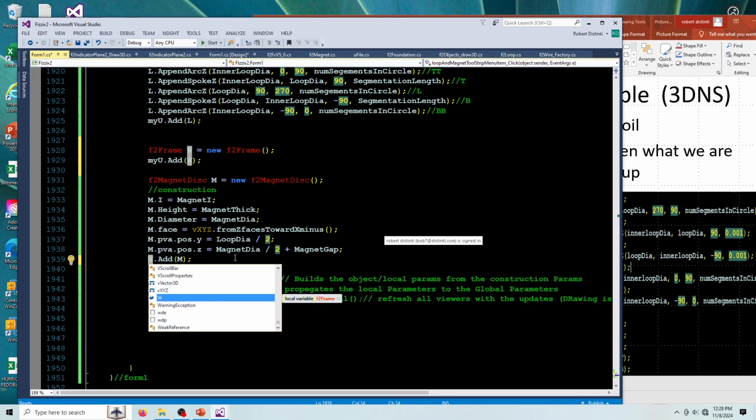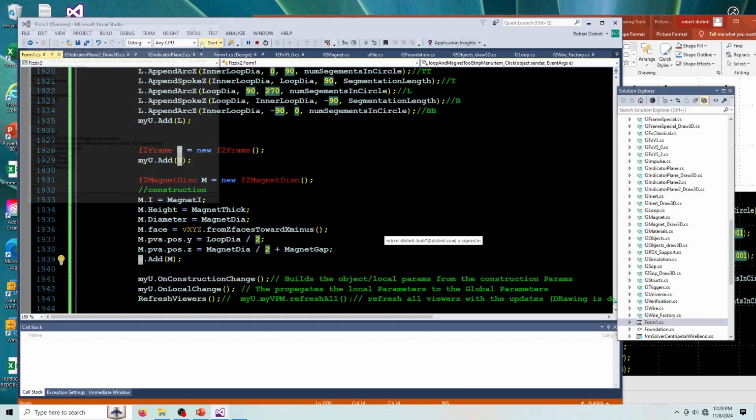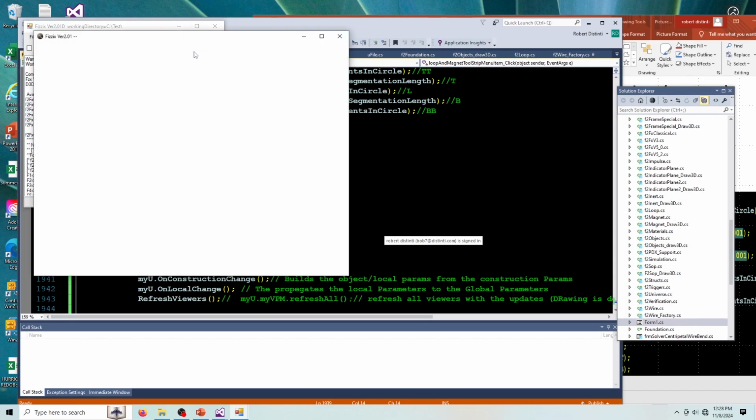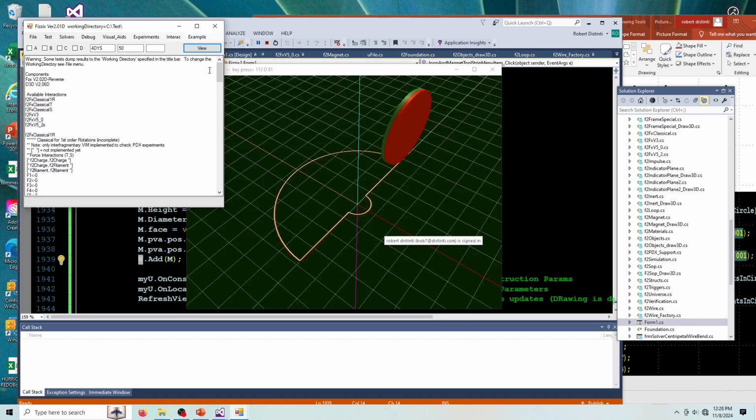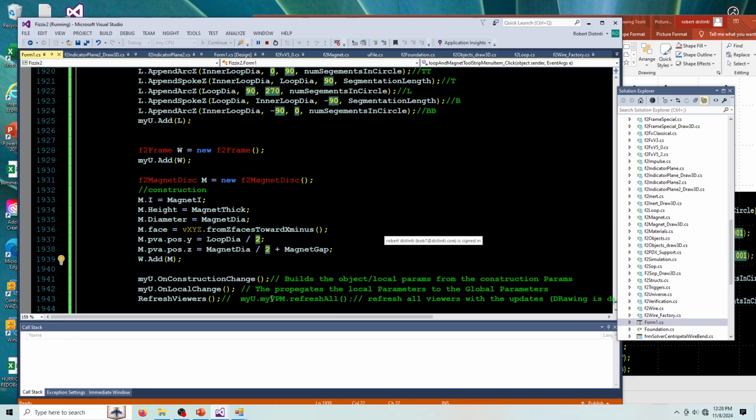Okay, see what I did there? Now let's just go look at it real quick. Make sure nothing has changed. It should all be the same. Okay, everything's in the same location. Now, because the magnet is in the frame, and the frame is centered at the origin, I can now rotate the magnet if I want to